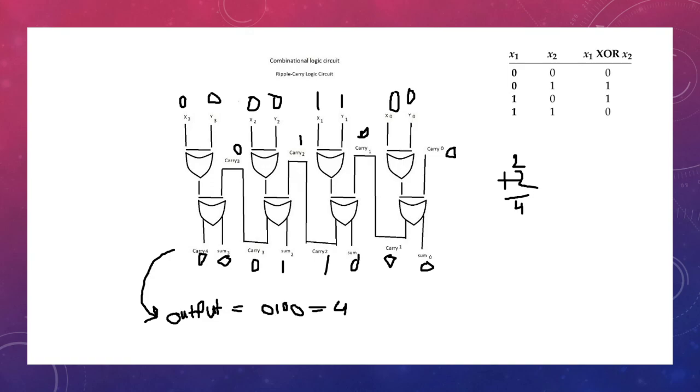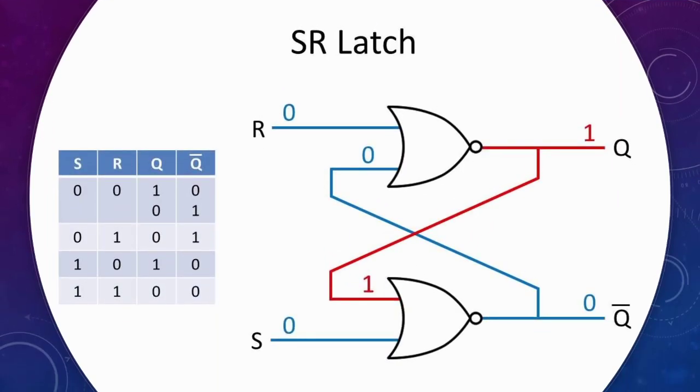And that's essentially what the arithmetic logic unit does. This is one way that it could accomplish that. Through a series of gates and circuitry and whatnot, it produces a result based on inputs. That's it. And so the other logic circuit is the sequential, or for example, I have a set reset latch